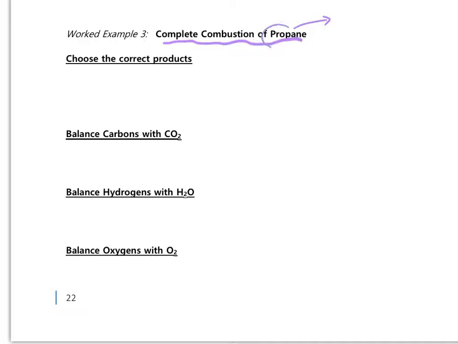So what does prop mean? Prop means that there are 3 carbons. Your general formula for alkanes is CnH2n+2, or you can draw out propane, either way is fine. But following that general formula, if n is equal to 3, then 2n is going to be 2 times 3, which is 6, plus your 2 is 8. So the formula of propane is C3H8.